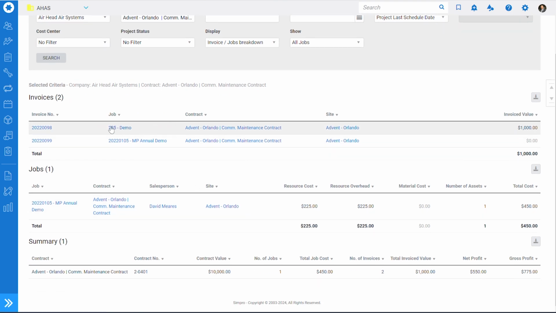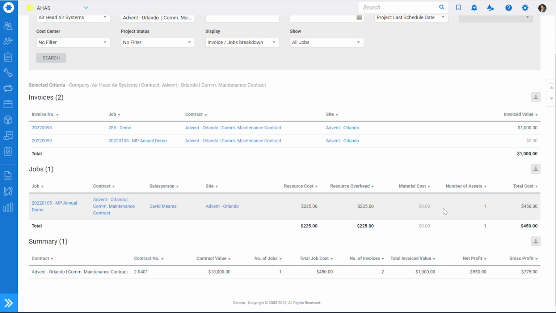So now we can go through and look at it and see, hey, there were 2 separate invoices. This is the value of those. So this is our total invoice value that we have against this contract. We can see all of our jobs that may have happened. So this can be very useful when we bill annually, but do jobs quarterly. Or even if we have a contract that while we're doing quarterly stuff, service work is also included within it,